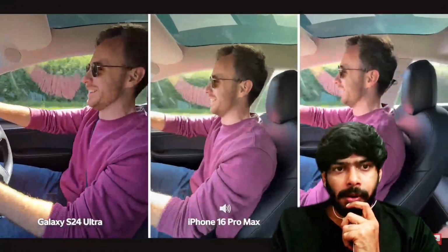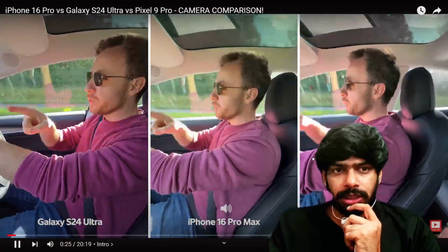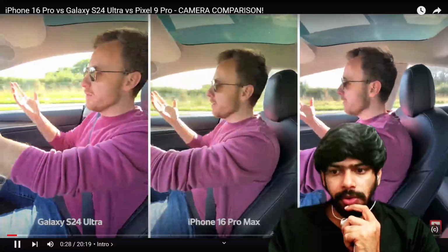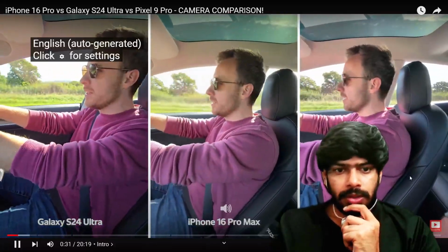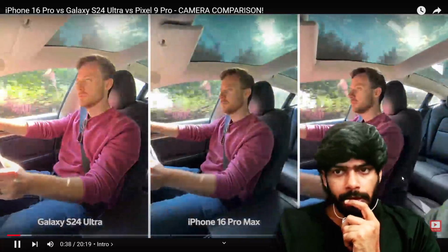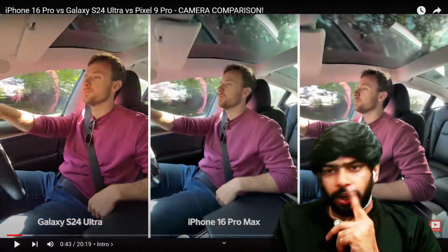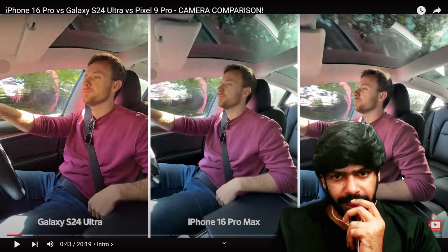My sunglasses are in the back of the car now. Just a little video stabilization test. We've got the new iPhone 16 Ultra and the Pixel, the big three, some would say, and we're actually on our way to Bristol now. Let's do a little camera comparison. So in front of me, the S24 Ultra. Here, I've got